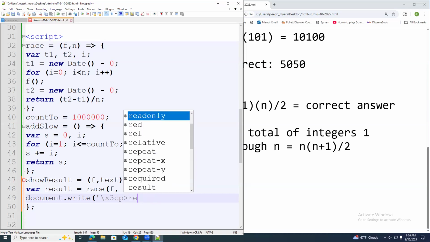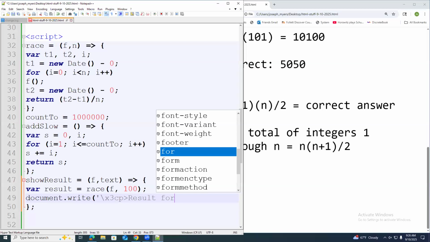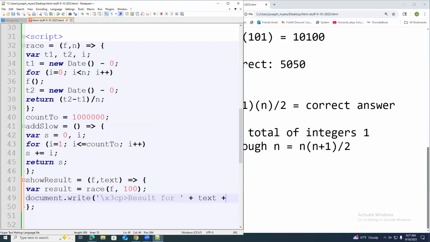Then it's going to say 'Result for ' plus text plus ': ', just a second.